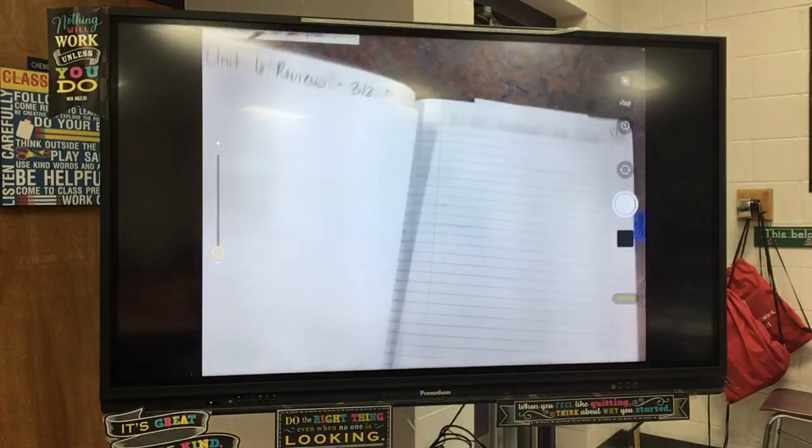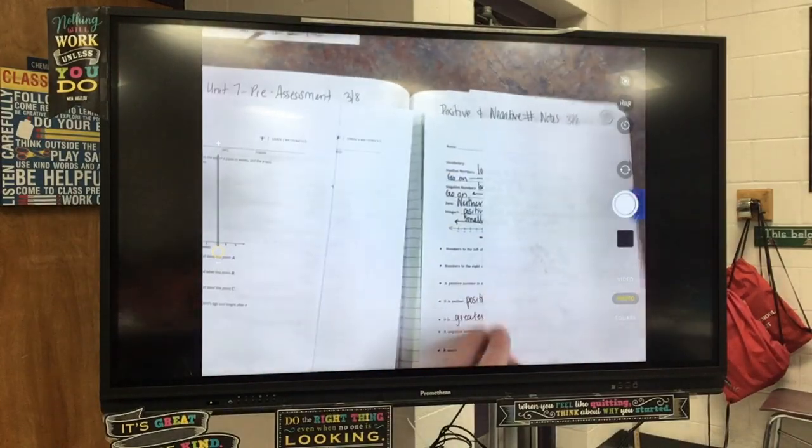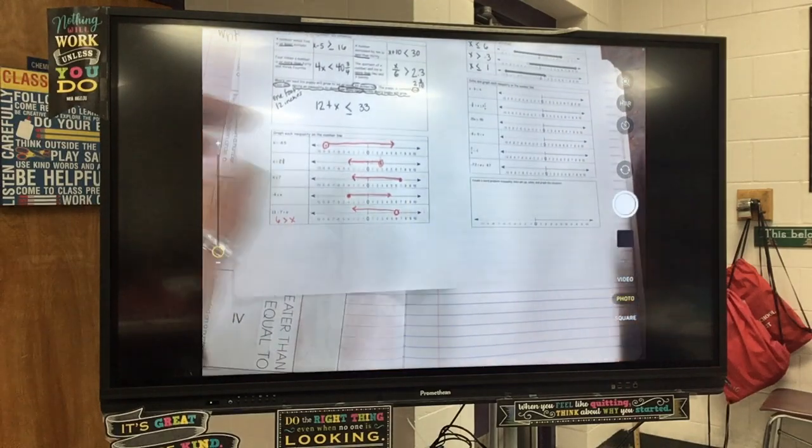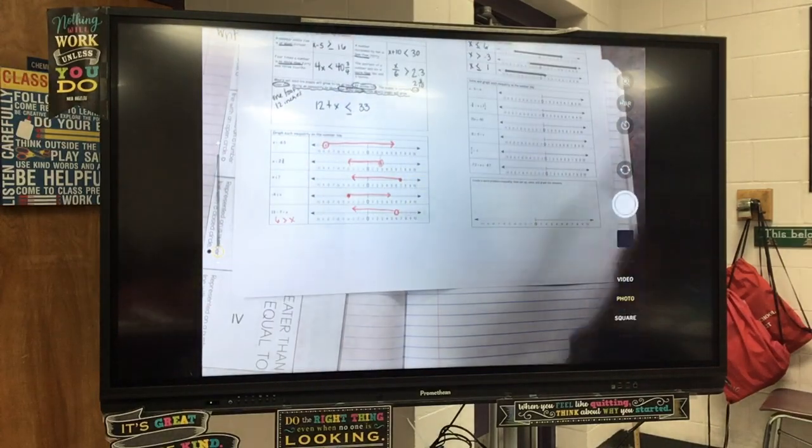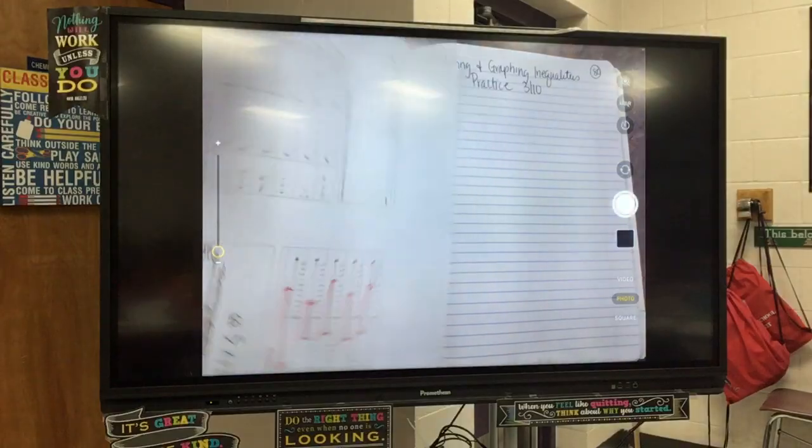Open up your notebooks. This needs to get glued in next to your foldable with today. You can go ahead and trim this bottom piece off so that it fits in a little bit better. And then you are working on